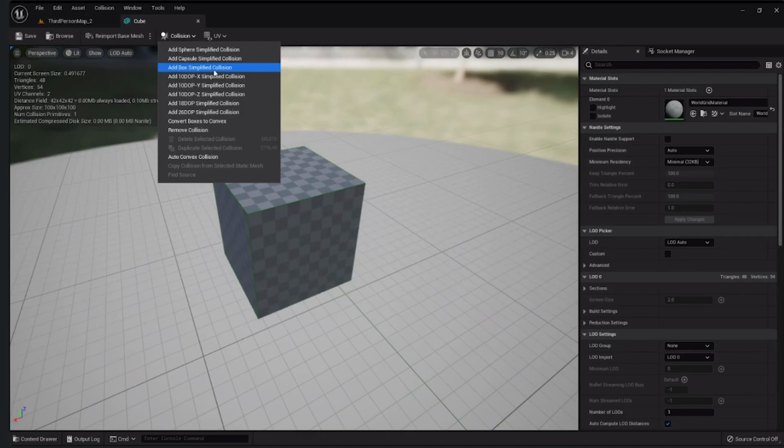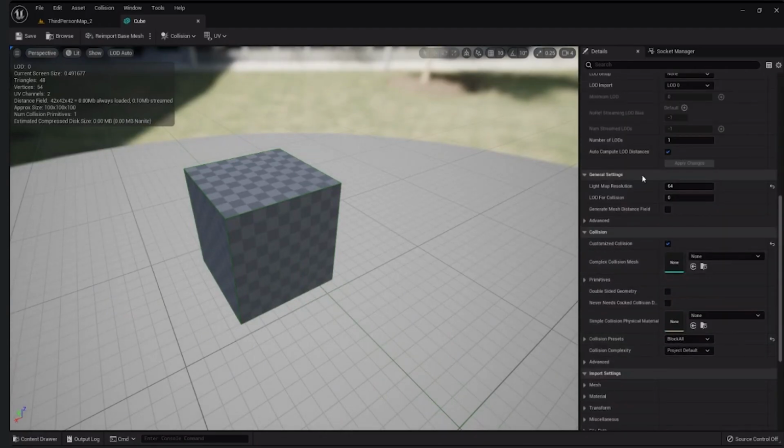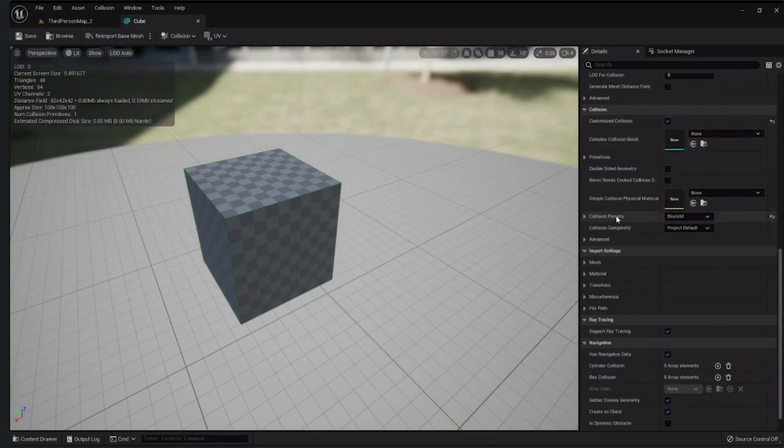And then when you add this box simplified collision, you will pretty much have properties over here to manipulate. So you can just change the size of your collision. It will be shown somewhere over here in the collision presets area. And after that, the second thing mentioned in the question is that you selected the overlap all option